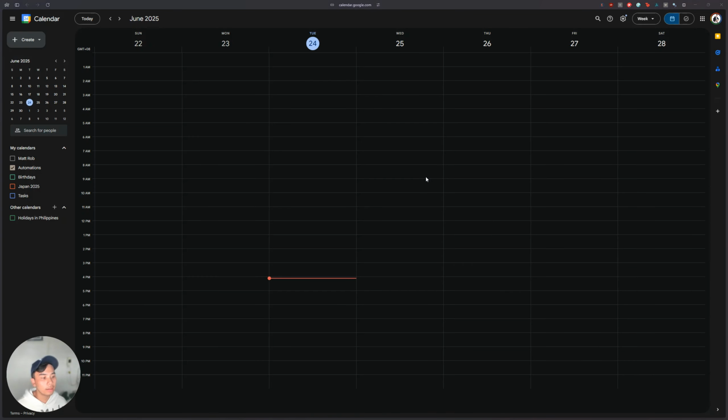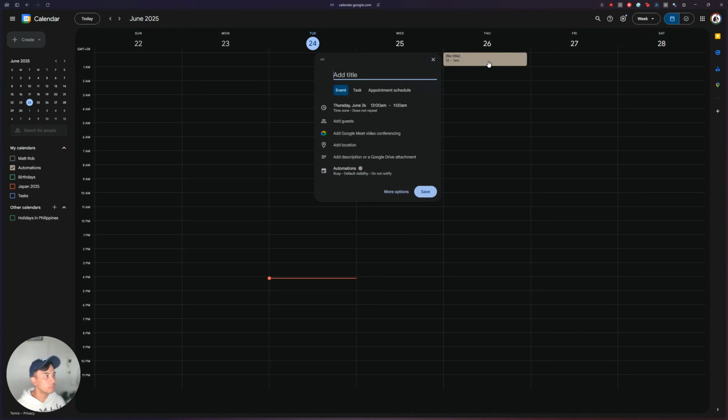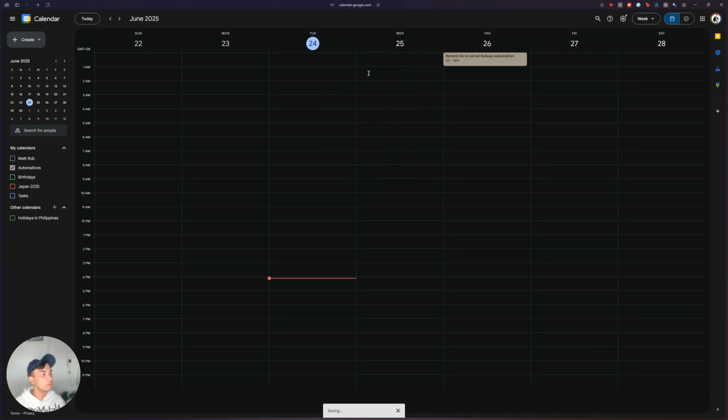So I've got my Google Calendar opened up here. For example, it's super easy to use this. You just need to drag. For example, remind me to cancel Railway subscription. Right? You can do that as easy as that.